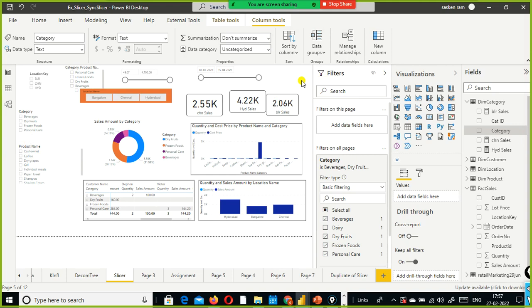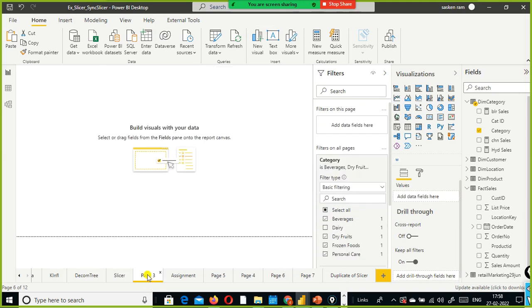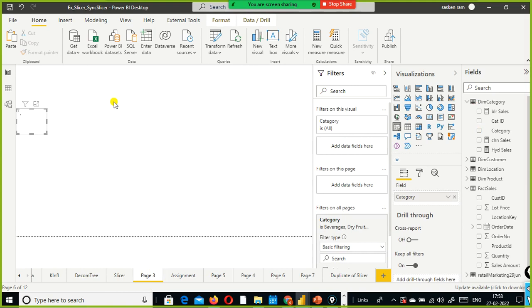So what is the solution? For example, I just copy this one. You just go and copy it, and you can copy paste it to 10 pages. It is a time taking process, but there are some options available. When you copy paste it, let's say here if I paste it, Control V,